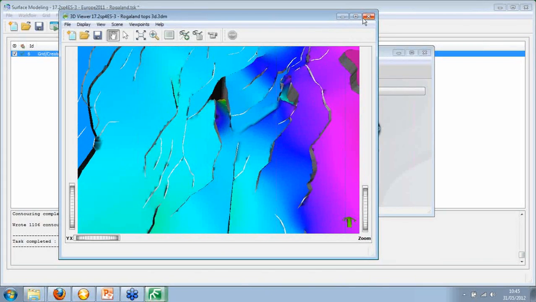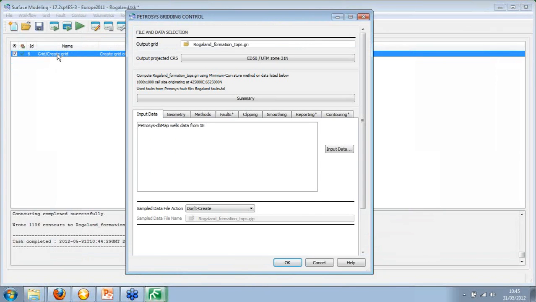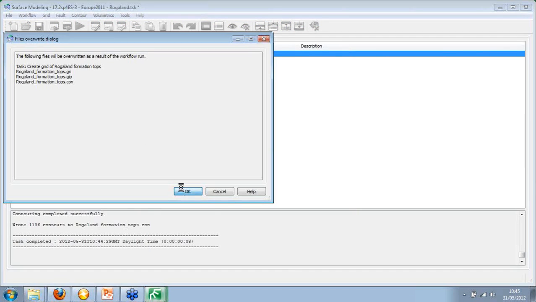So what we can do is go back to our gridding process and choose to interrogate the input data using this sample data file action before the grid is actually output. So we can have a look and QC our input data. If I go and rerun this task then,